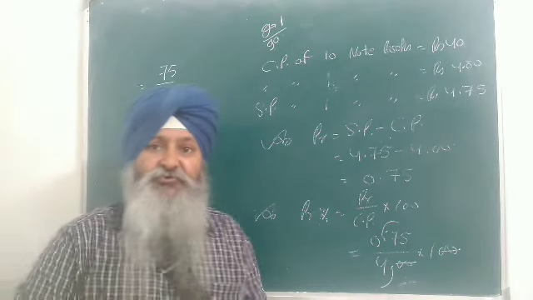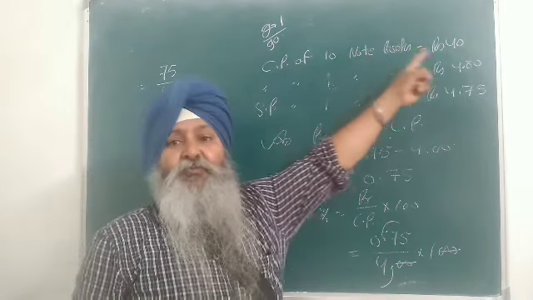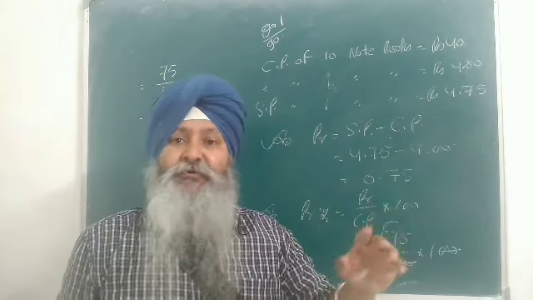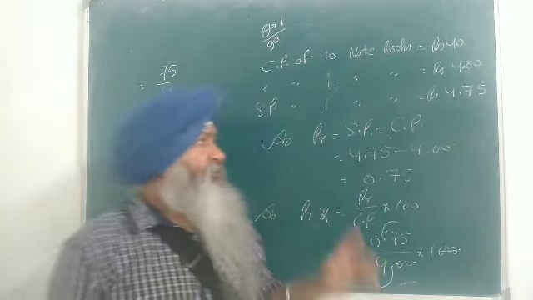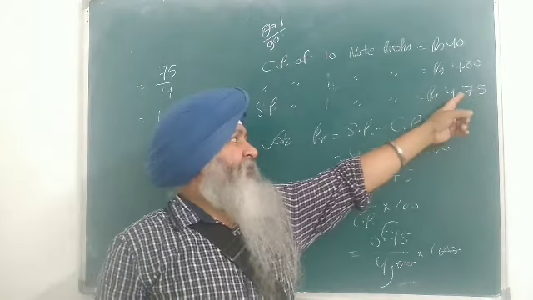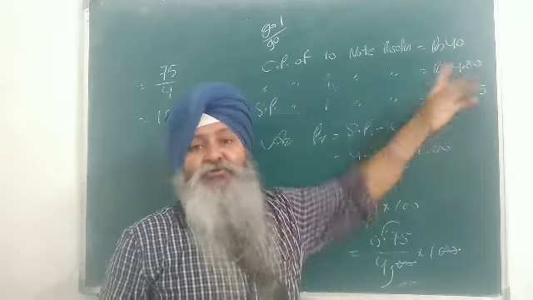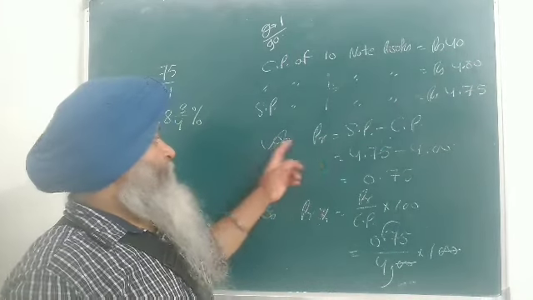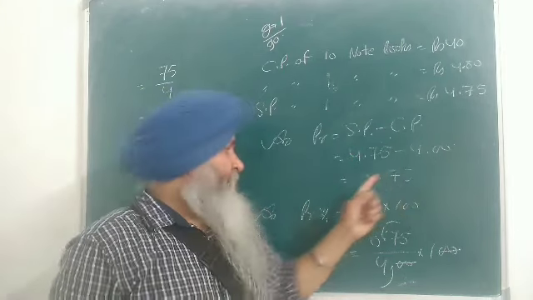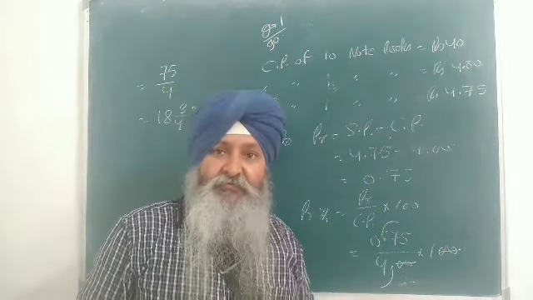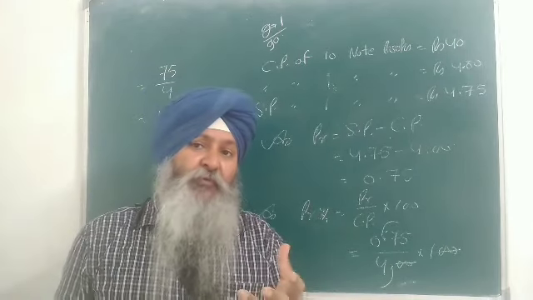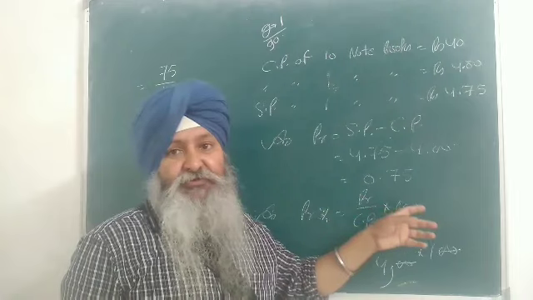Again, please understand the question. She purchased 10 notebooks for rupees 40. So naturally the cost of one notebook will be 40 upon 10, that is rupees 4. She sold it at the rate of 4 rupees 75 paisa. As it has 2 decimal places, I will make the cost also 2 decimal places. So now profit is SP minus CP, that is 4.75 minus 4, that is 0.75. Now they are asking what is the profit percent. You know that the formula of profit percent is profit upon CP into 100.